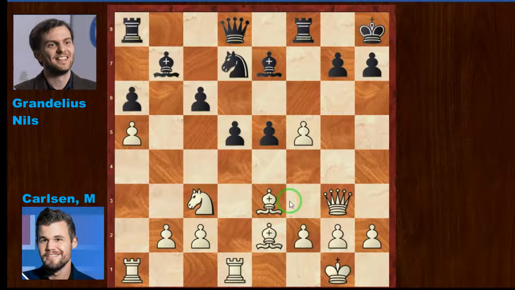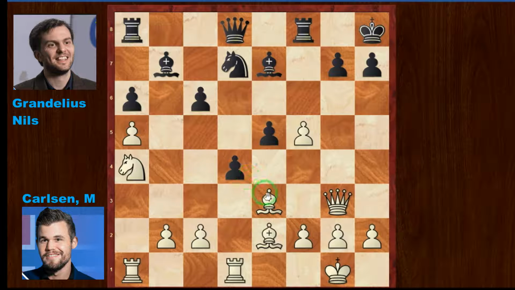Now d5 for Niels. F5 is not taken yet, so there is a threat of a fork, and Magnus must remove one piece, and knight a4, and now d4, attacking the bishop on e3, bishop d2, saving the pawn on a5,